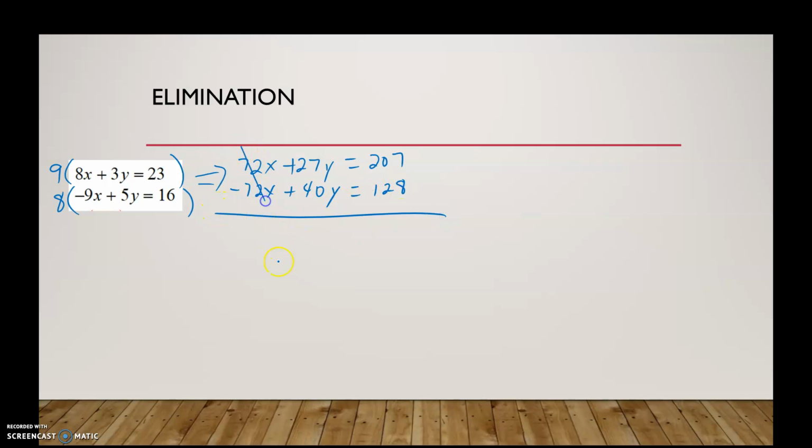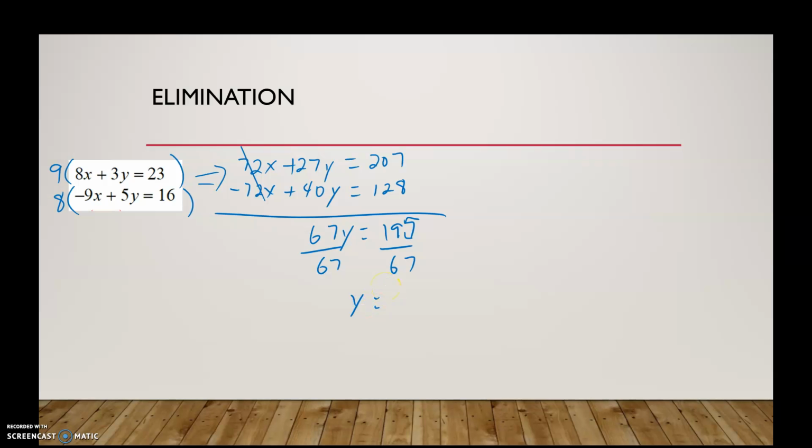Now we can add, so those cancel. And I've got 67y equals 207 plus 168 is 195. There we go. It's an ugly 5. When I divide by this 67,